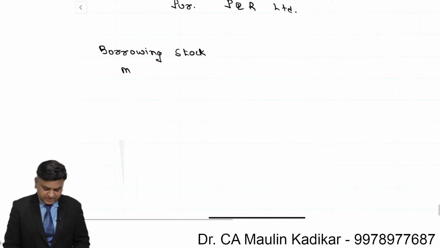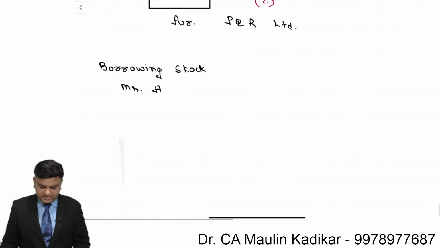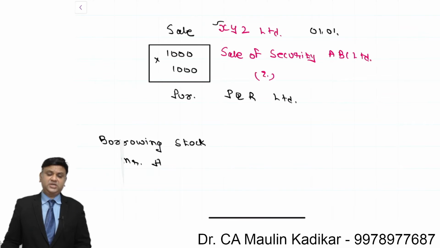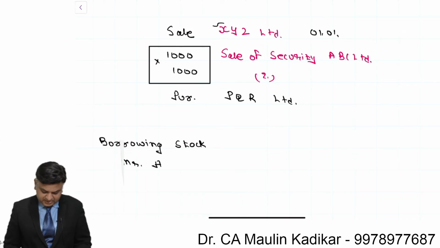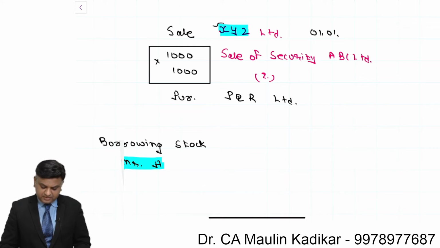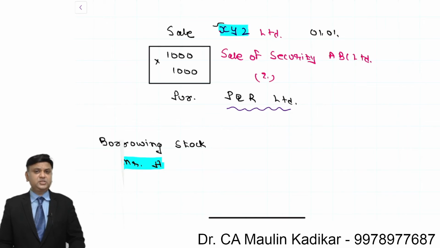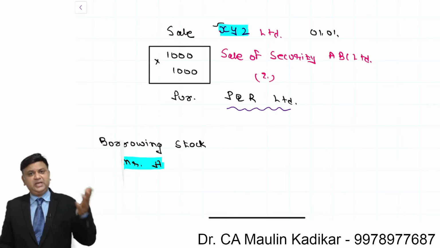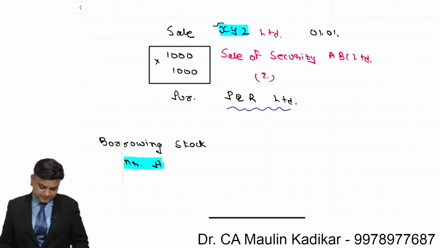Stock is borrowed from a person called Mr. A, and this time very good information is provided to us regarding the lending charges. On 29th of February, when the dividend is declared, at that time neither Mr. A is receiving dividend nor XYZ Limited is receiving dividend, but it will be received by PQR Limited, assuming that for 2 months PQR Limited is holding the shares, and if he sold those shares further, then somebody else will receive. We are not concerned with that.